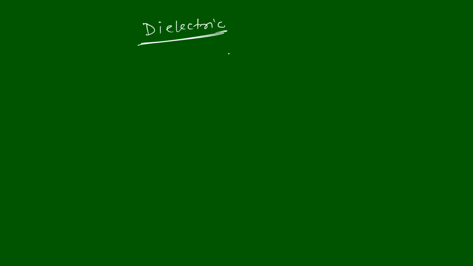So we'll just make two columns. In one column we'll learn about dielectric, in another column we'll learn about a conductor, how they are actually different. So let me just make the heading of that. So in a conductor, what are the properties we know? I have already told you that the conductor